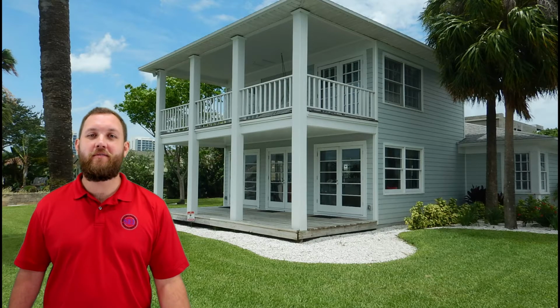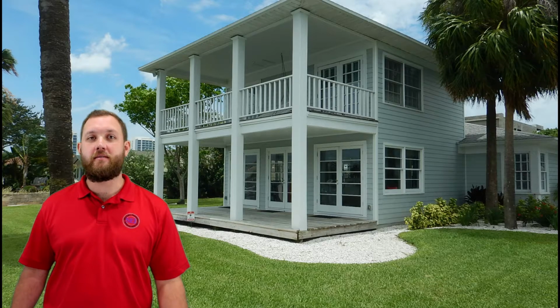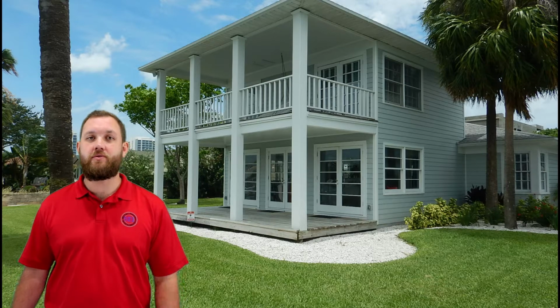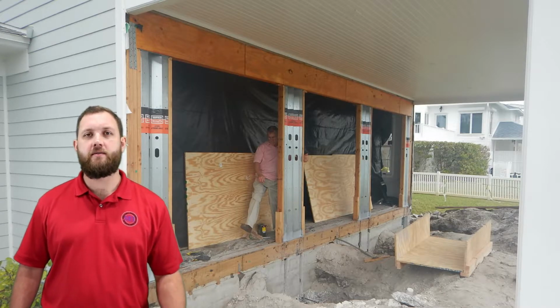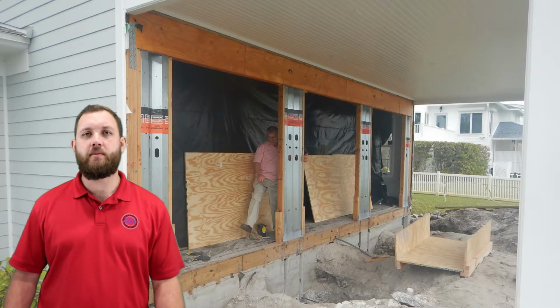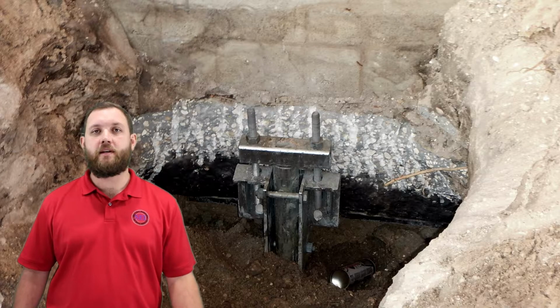SEI is involved with a wide variety of projects. For example, this is a residence in Clearwater that started out as a simple crawl-space inspection, but that quickly turned into heavy structural repairs, alterations, additions. One of the first things we had to do on this residence was update the rear wall. We put in strong walls on the sides of the doors as well as updated the headers. On top of updating the rear wall, we also had to add helical piers because there was slight differential settlement